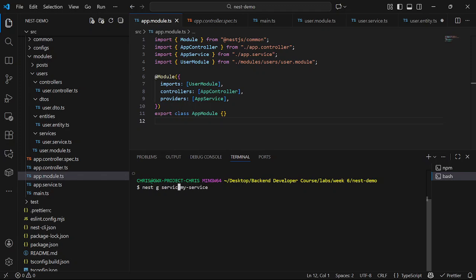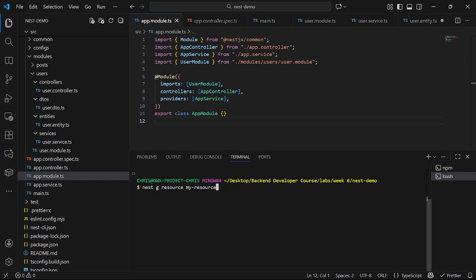This can be service, this can be controller, this can be module. So you can create a module, controller, or service. Then if you want to create everything at once, controller, module, service together, you use resource, and you give it a name. My resource.